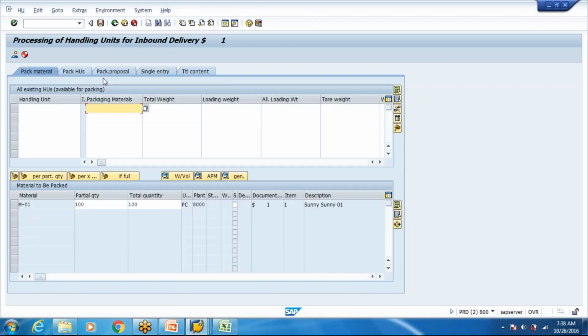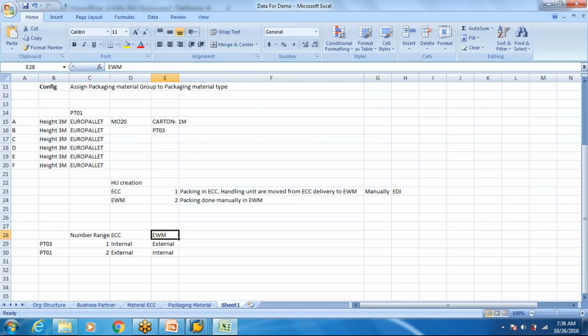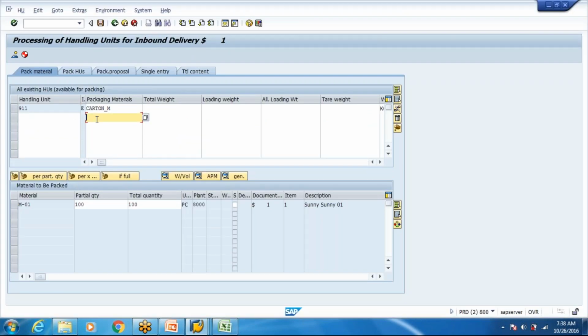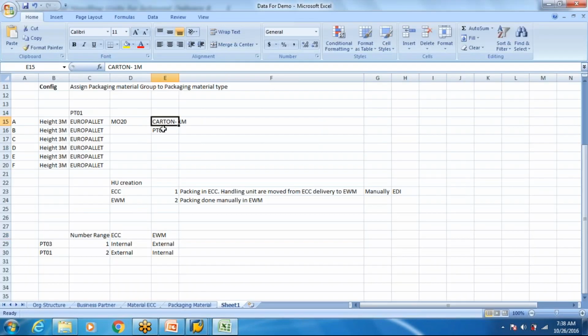In ECC I'm packing, so I'll create like this, and enter. Based on the number assignment, a number is created. This is the handling unit number. It comes from a number range, because in ECC the number range is internal. Carton, the packaging material PTO3. So it's internal. The same way in EWM, I cannot use PTO3. Then carton has an external number assignment.